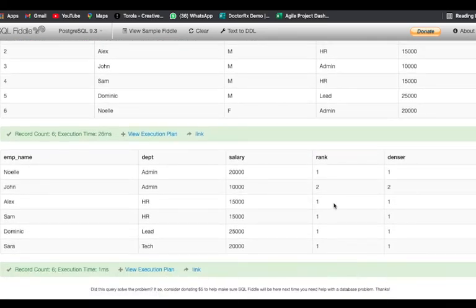First let us look at our rank function. You see it started from 1, came to 2, because it has been partitioned according to the department. So we have our admins, and within that we have used the rank according to which one has highest salary, and then we have ranked them accordingly. After that, each one of them has been assigned rank 1. Why? Because all of them have different departments, so there's no criteria to partition them by. So all of them have got the first rank, and similarly for the dense.